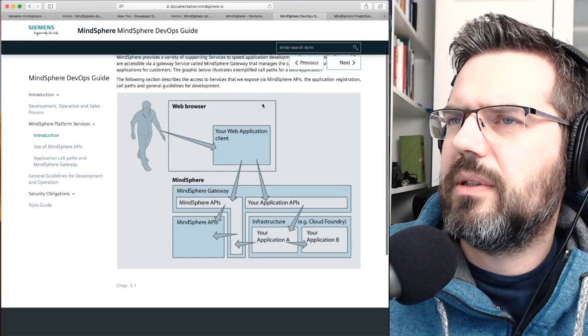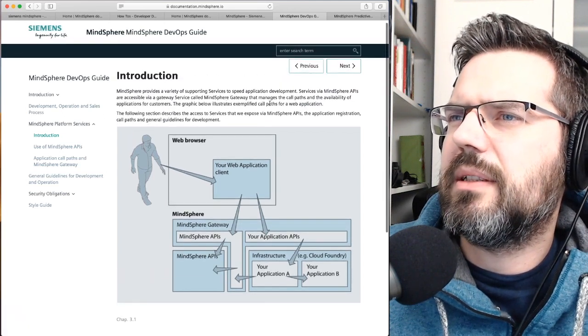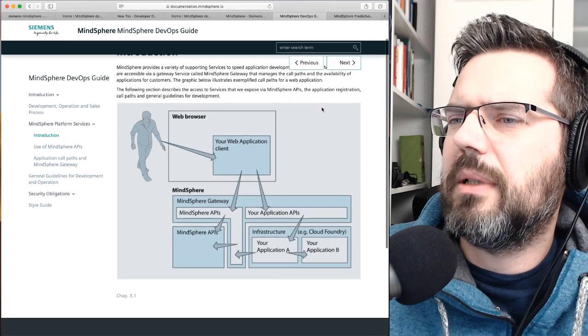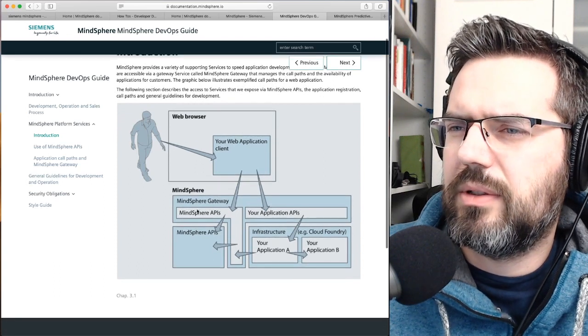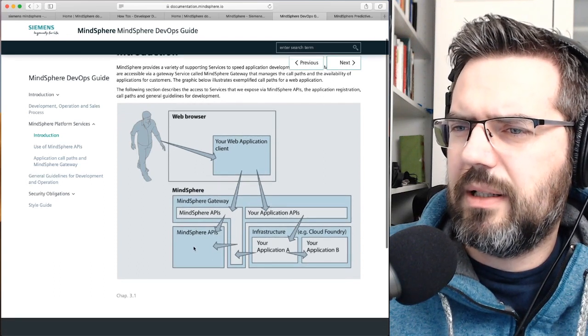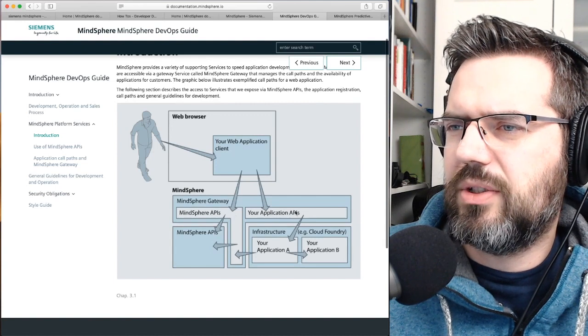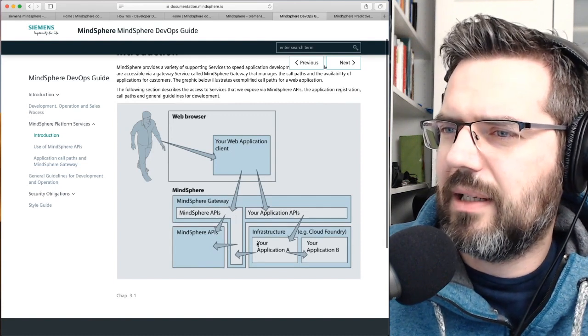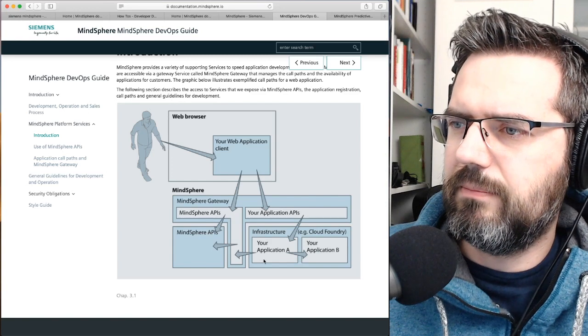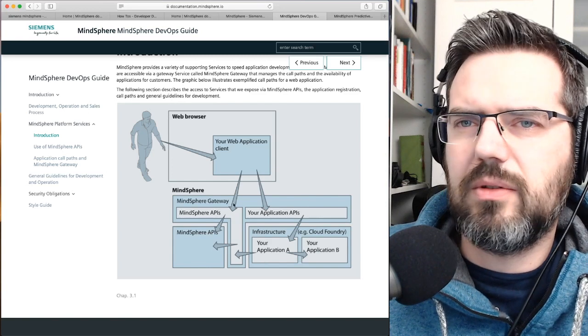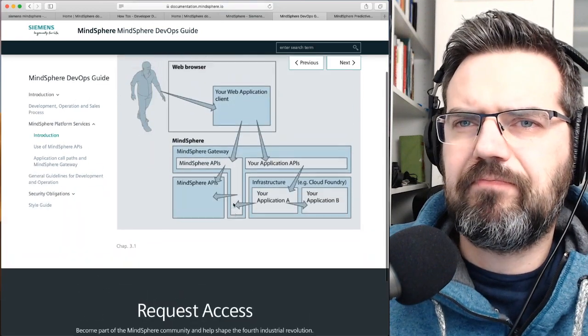The graphic below illustrates exemplified call paths for web applications. Okay, this is for web application. Mindsphere APIs, your application API. So this is an API gateway. And this then goes to the